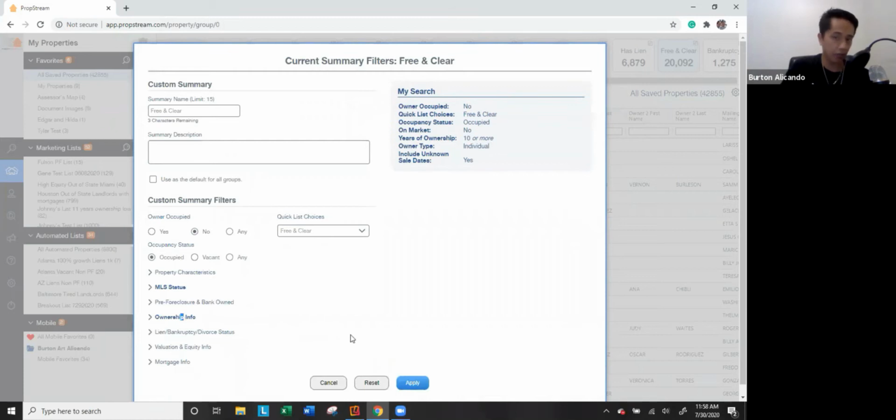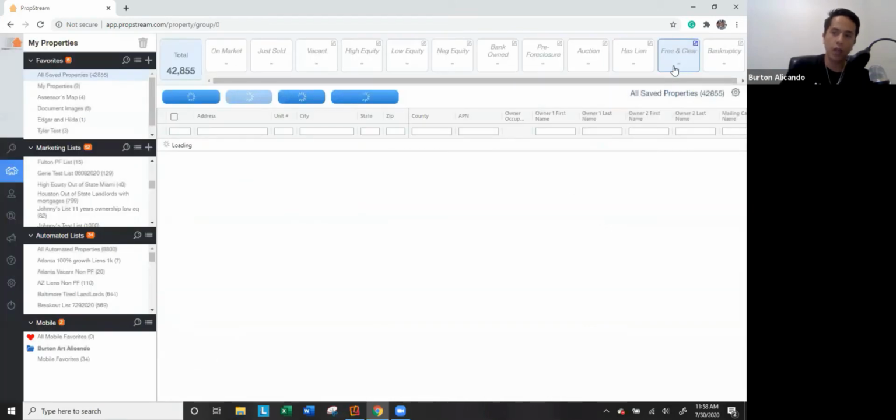And these are the same filters on our search page, but now what I'm doing is I'm filtering this category. And when I hit apply, it says of your 20,000, Burton, it's going to give me a new number. It's going to be 6,500, 7,000, whatever that new number is. And so what I've done is I've literally created a list within a list that I've already saved at one point or another, right? Because, hey, I have 42,000 records, great, but is there a certain something that you want